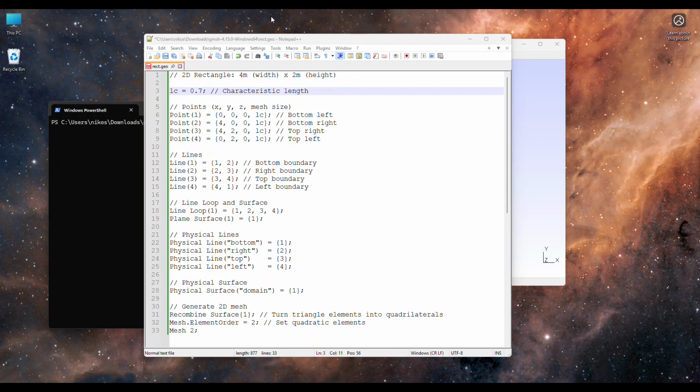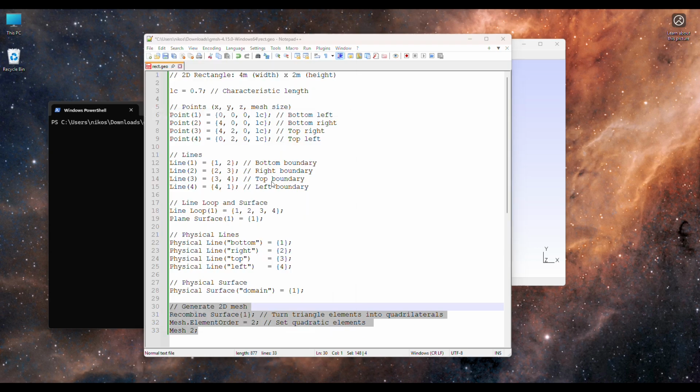Let's start with a simple rectangle, 2 meters wide by 2 meters high. Here's the gmesh.geo script from our tutorial. It defines points, lines, a surface, and physical groups for boundaries like bottom and top. We use LC for mesh density, recombine for quads, and finally set quadratic elements.